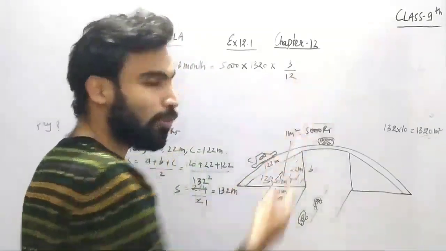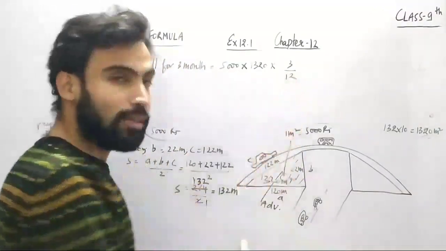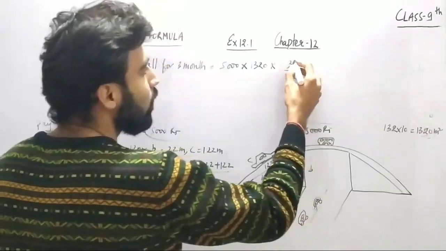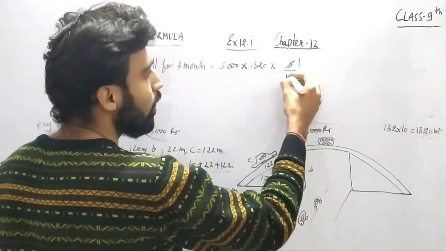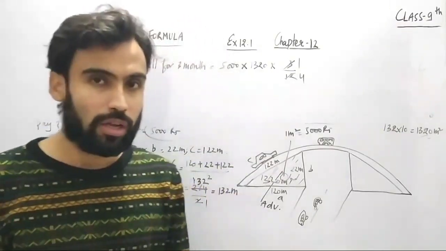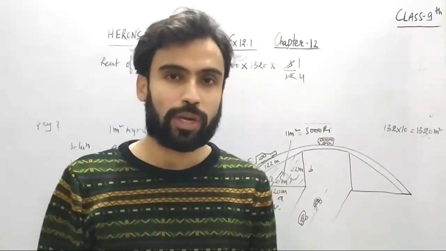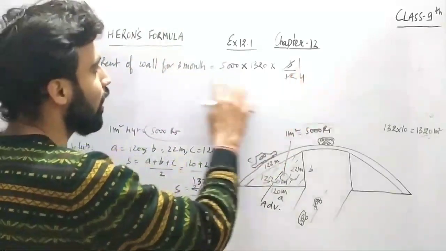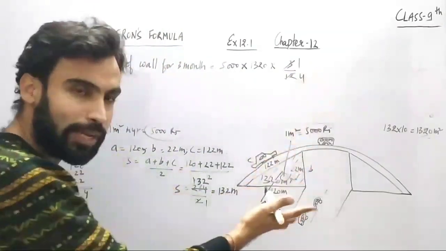सो आप देख सकते हैं 3/12 हो गया, यहाँ पे 3 मंथ्स का चार्ज हो गया। सो नाउ आप देख सकते हैं, अब यहाँ पे आप देखेंगे कि 3 1 जा 3, 3 4 जा 12। सो यहाँ पे 1/4 हो गया 3 मंथ्स, यानी कि 12 मंथ्स होते हैं, तो 1/4 क्या हुआ? 3 मंथ्स। सो आप देख सकते हैं 3 मंथ्स के लिए मैंने इसको 1/4 से मल्टीप्लाई किया।